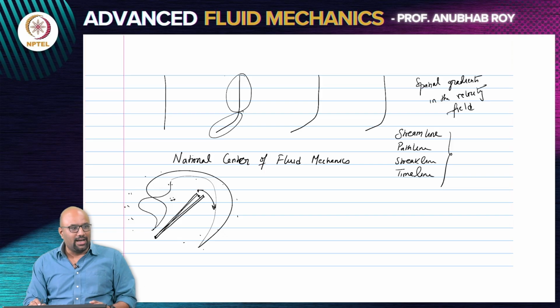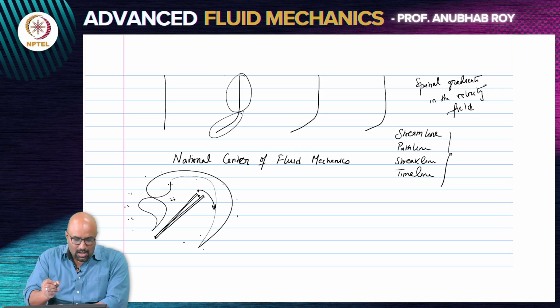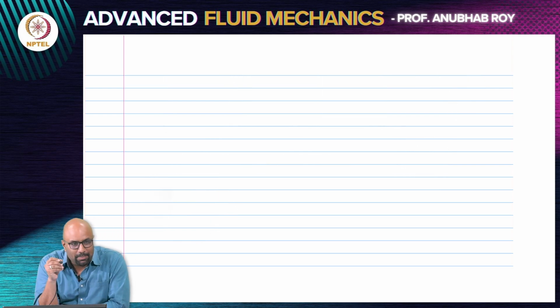And finally, you have streak lines, which tells us what happens if you are constantly injecting tracer particles in the problem. Whenever I'm using the word particle here, I'm implying something that does not have its own inertia. So it's small enough that it doesn't disturb anything in the flow. It is just shadowing what the flow field looks like. So the timeline picture now takes us to the next part, trying to understand deformation in a flow.